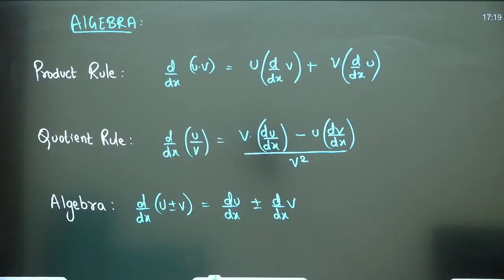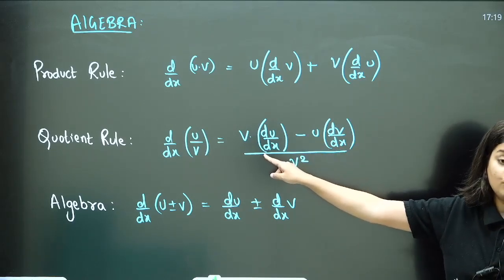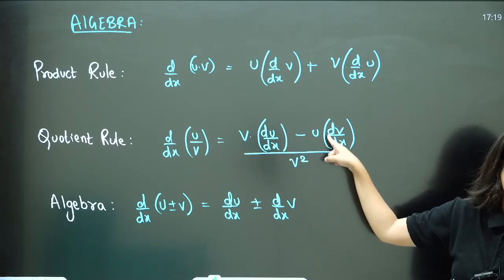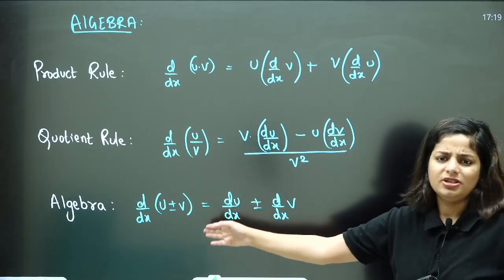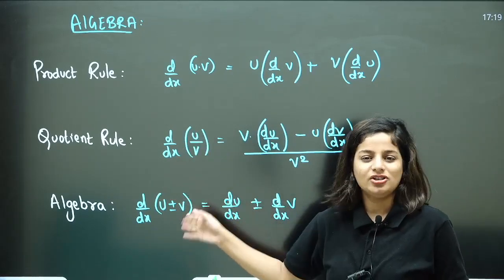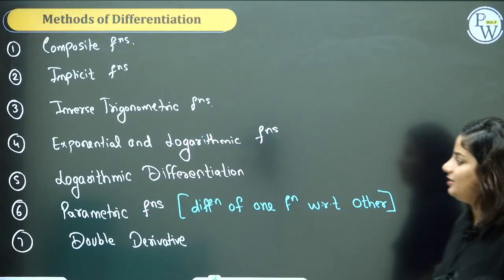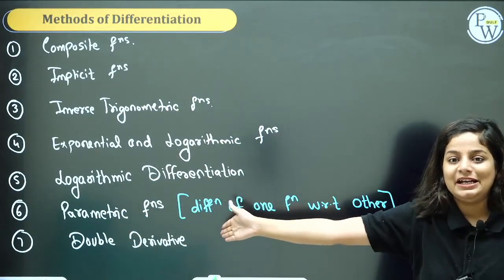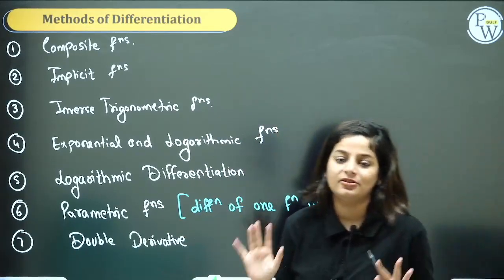The product rule, quotient rule, UV rule and U by V rule. U derivative of V plus V derivative of U. In quotient rule, first you will take derivative of denominator. V derivative of U minus U derivative of V upon denominator square. And for addition and subtraction, multiplication, division done. Addition, subtraction are easy. Just separate the terms. Derivative of constant is 0. These are the basics which you should know before you go on solving these many types of differentiation problems. Methods of differentiation. 7 methods of differentiation.